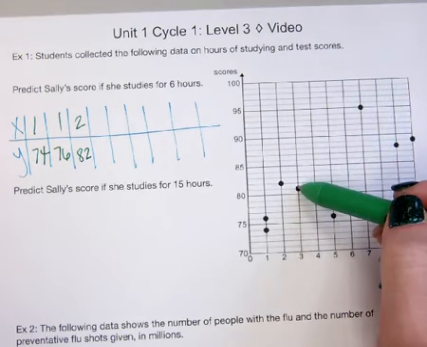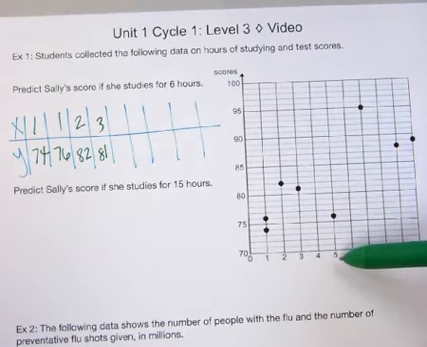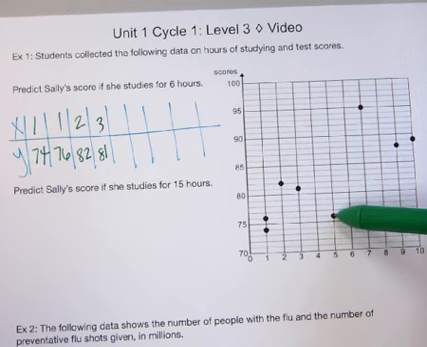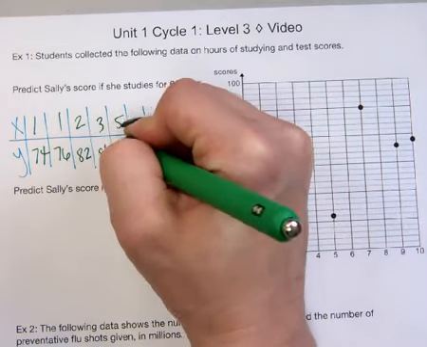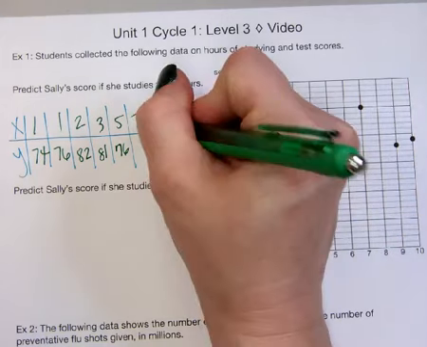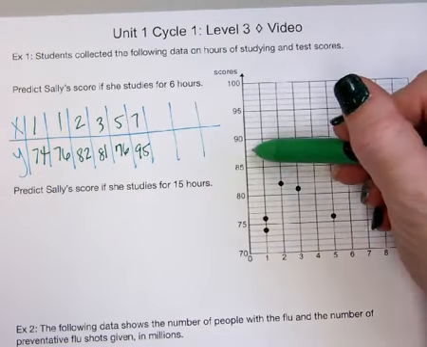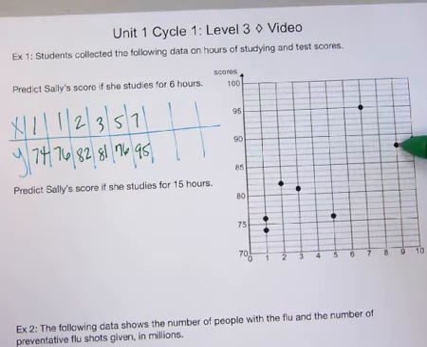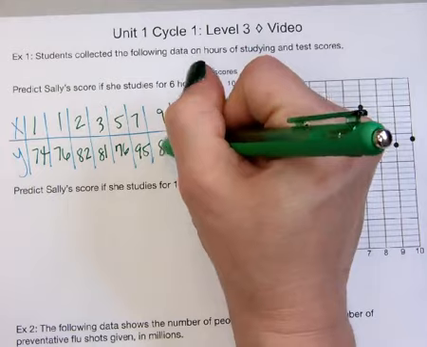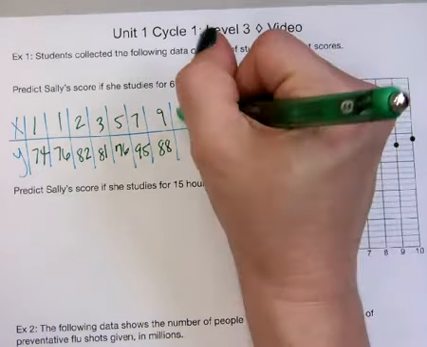3, 81, nothing on 4, 5, 76. Bummer for that kid. They studied for 5 hours. Nothing on 6, right? Because that's what we're trying to find out. 7, 95. 9, what's this over here? 86, 87, 88. So 9, 88. And 10, 89. Okay, so if you remember,